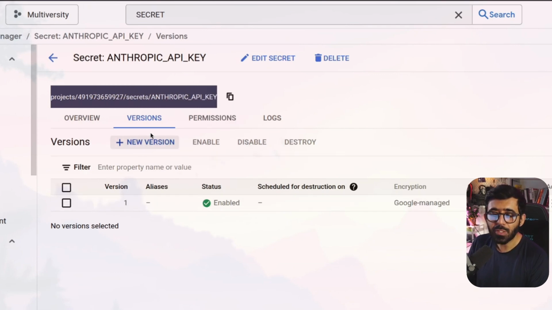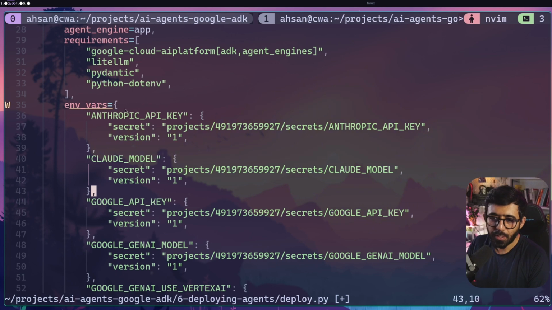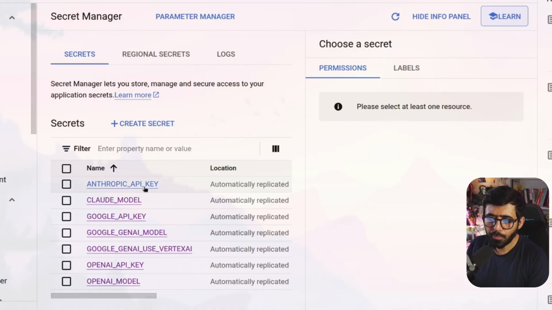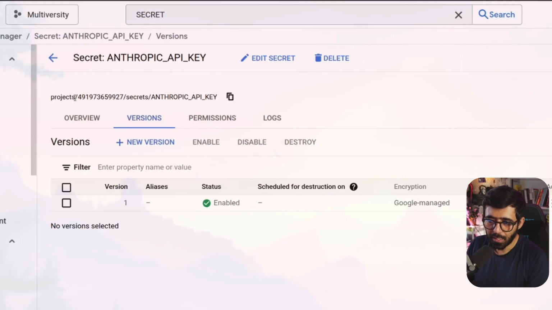These are the two things that we need to provide in our file or in our code when we are deploying. So I'm going to quickly add these values to the code. All right. So I've actually put all the environment variables here. So you can see that we have Anthropic API key with the secret name, and this is copied directly from the console. So if I go to my secret manager here, you can see that I can copy the value